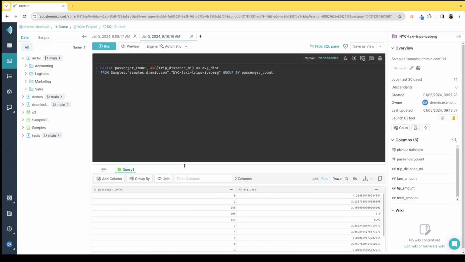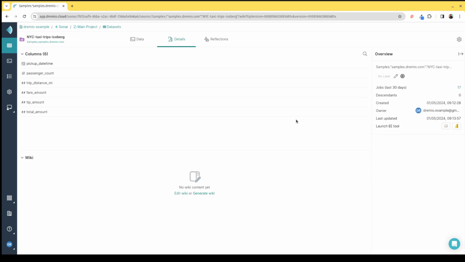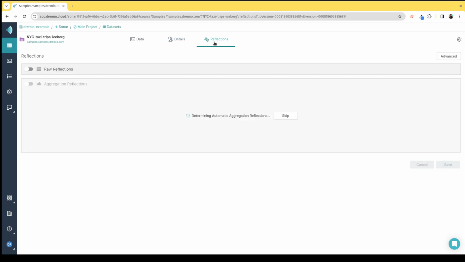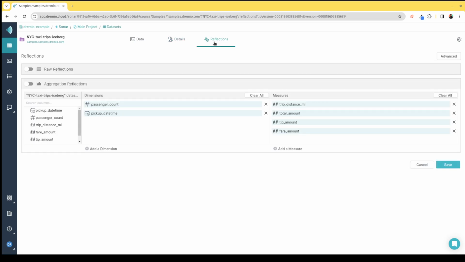Okay, and I'm not using the most powerful engine settings that I could be using. But we can make this even faster. Over here to the side, I can see this details panel. If I open this up, it takes me to a detailed view where I can see a feature called reflections. Reflections essentially have the same approach as BI extracts or cubes, where you're pre-calculating